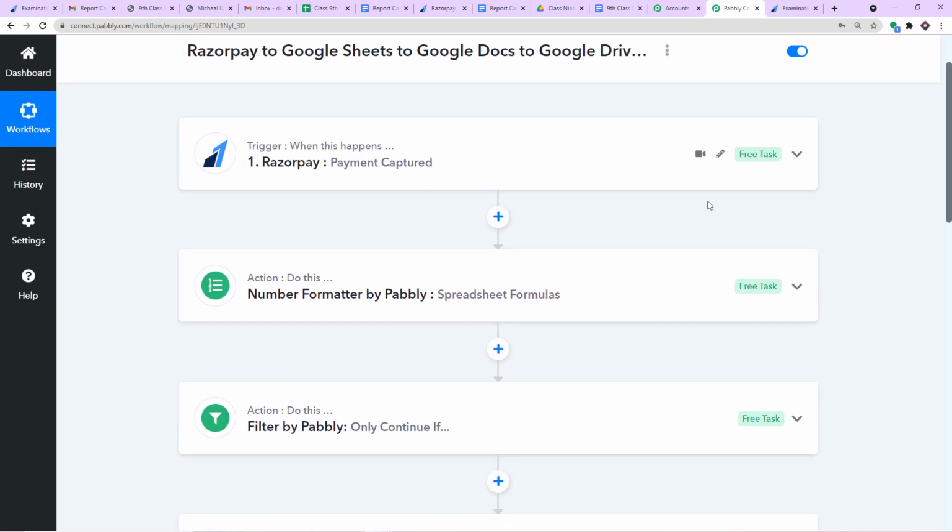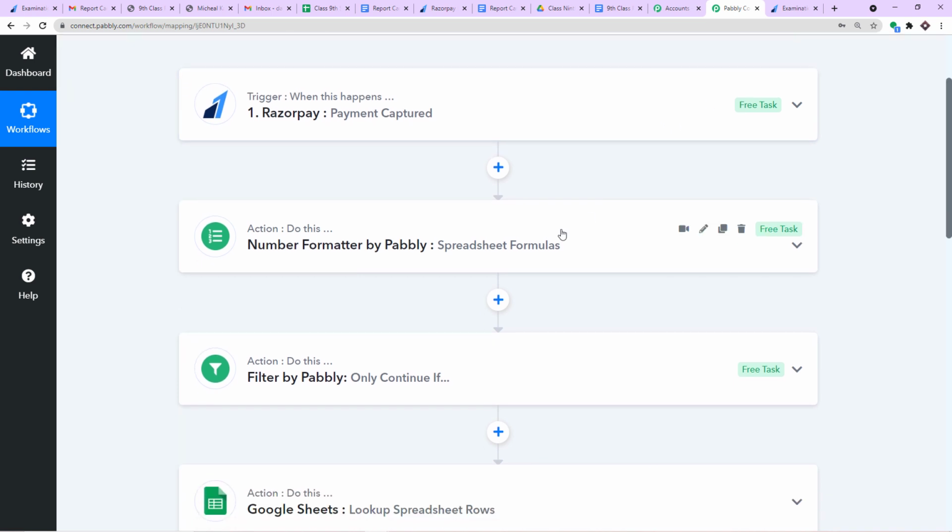First, you integrated Razorpay to Pabbly Connect and you made sure that the payment was made. Also, you had mentioned one specific field in the checkout page of Razorpay, the roll number field, where the student is going to enter their roll number. After that, you have introduced number format transformation. The reason is that the payment number that we have received contained 2 extra zeros, so we have to remove those 2 extra zeros.